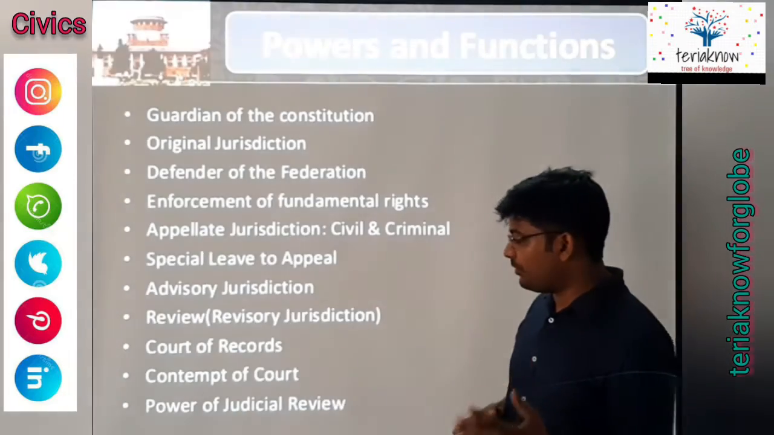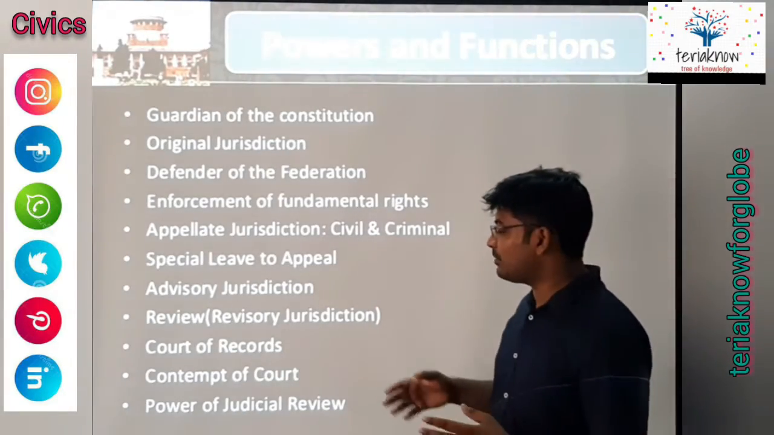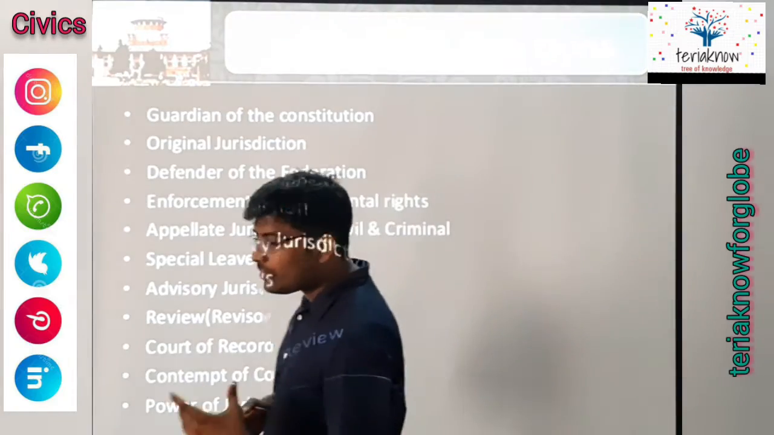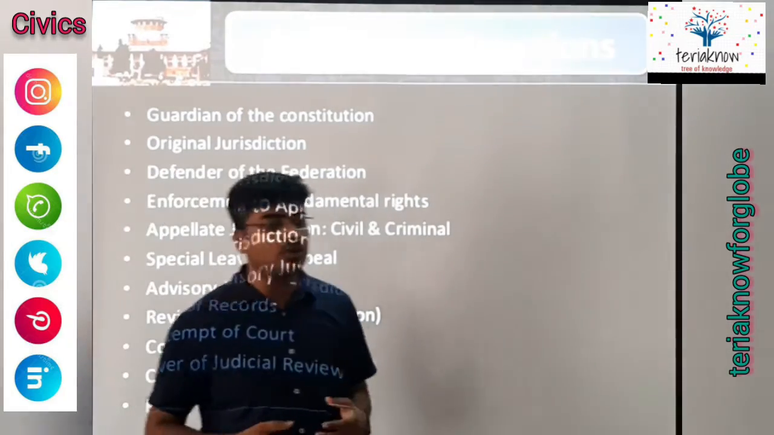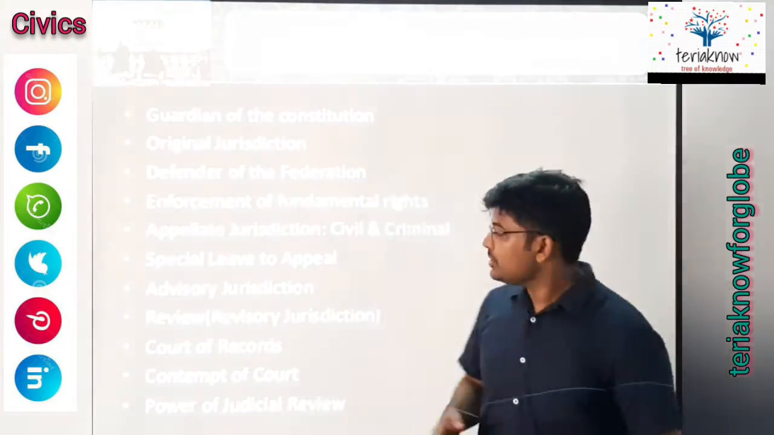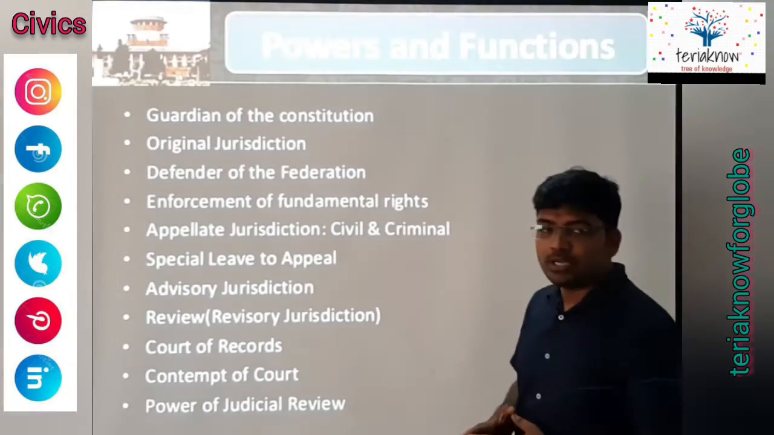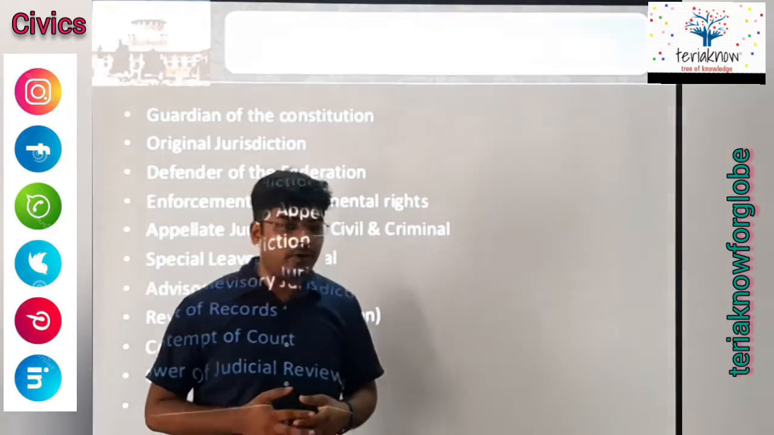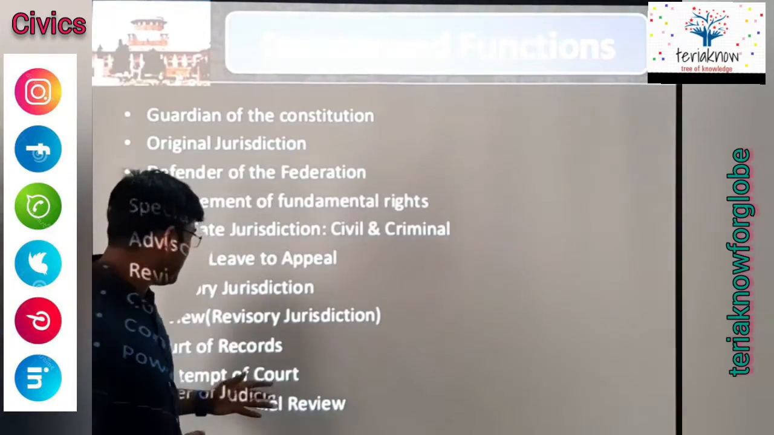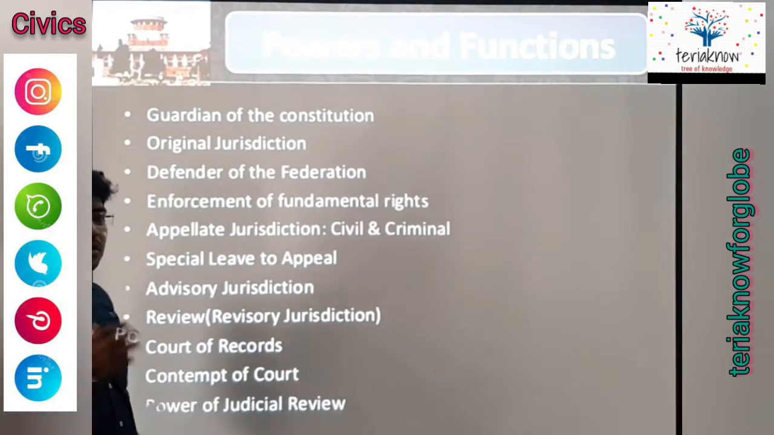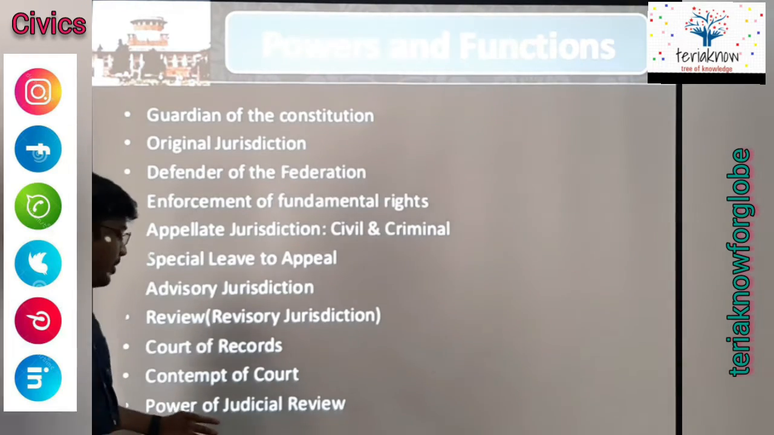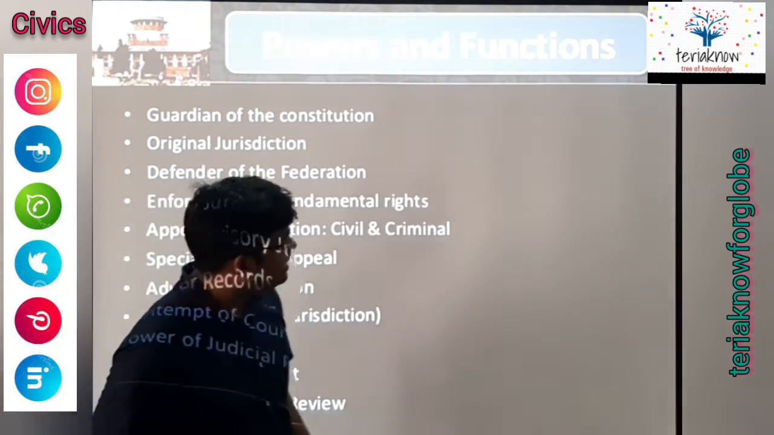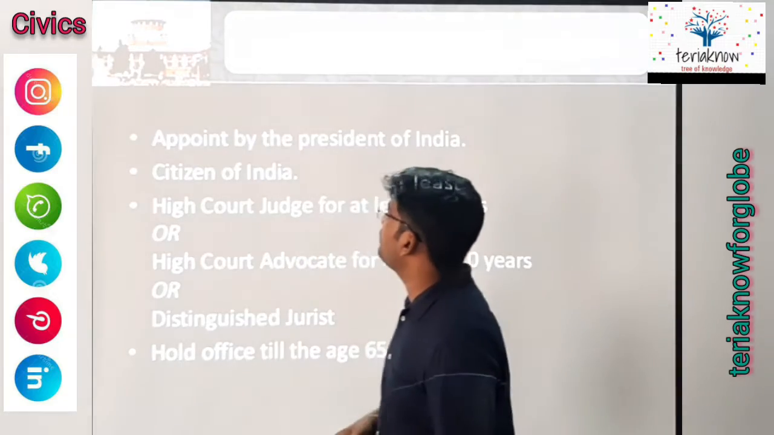Then court of records. ये कोर्ट ऑफ रिकॉर्ड्स का मतलब जो होता है अलग अलग कोर्ट्स में जो भी डिसीजन हुए उसके रिकॉर्ड पर भी ये काम कर सकती है. So, and contempt of court. अगर आप कोर्ट की बेइज्जती करते हैं, contempt of court, if you are found guilty of doing contempt of court, then you will also get punished. Okay, power of judicial review, it also has the power of judicial review. Then